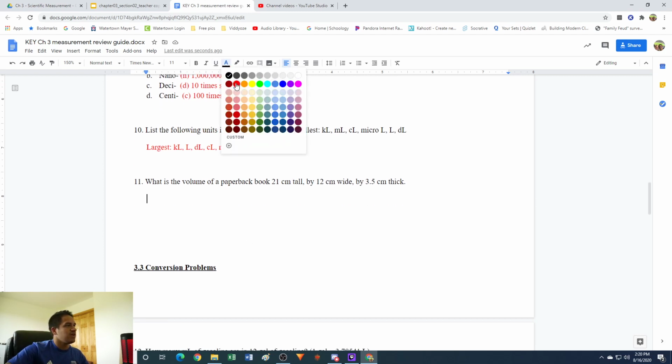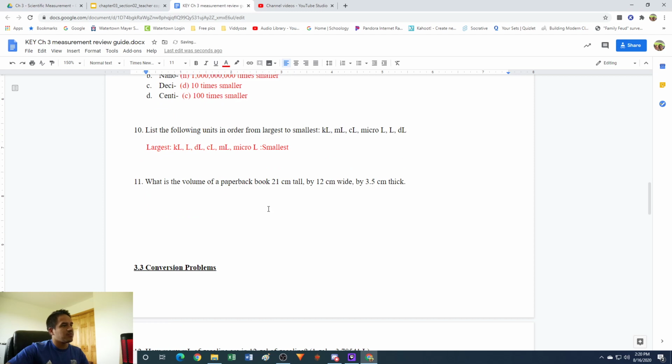All right, number 11. What is the volume of a paperback book? 21 centimeters tall by 12 centimeters wide by 3.5 centimeters thick. So volume for a book is going to be length times width times height. So we're going to have 21 centimeters times 12 centimeters times 3.5 centimeters equals, so 21 times 12 times 3.5,